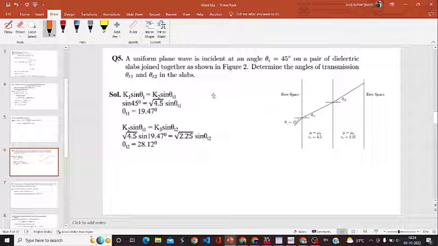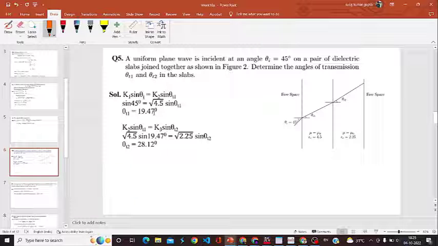Because k is defined as omega root over mu epsilon, and epsilon here is defined as 4.5 times epsilon naught. Once you put this in the expression of k, you will find that it is equal to root over 4.5 times k1. So k1 will cancel from both sides. This is the net expression that you will get. By solving it, you will get theta t1 equal to